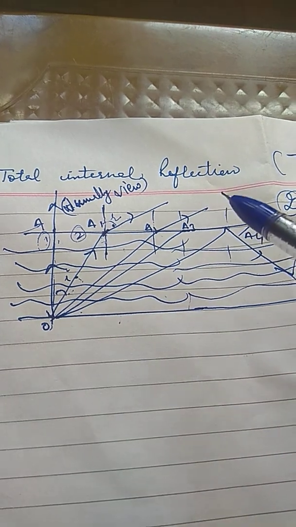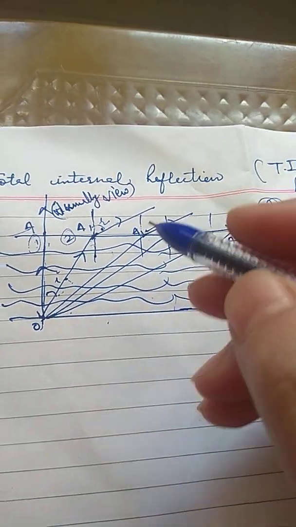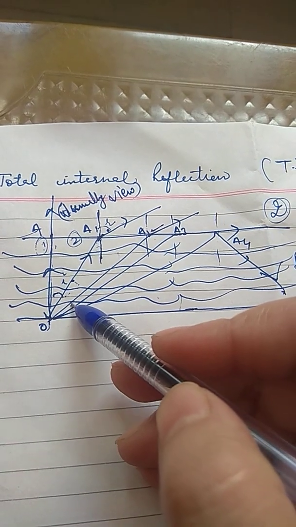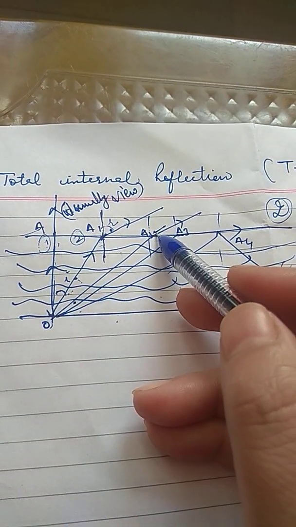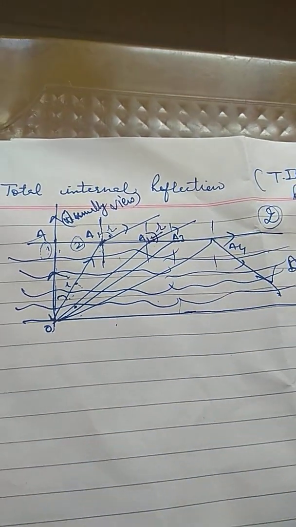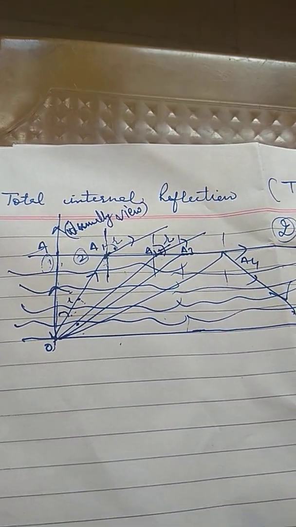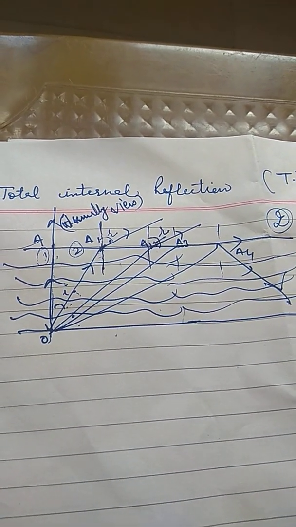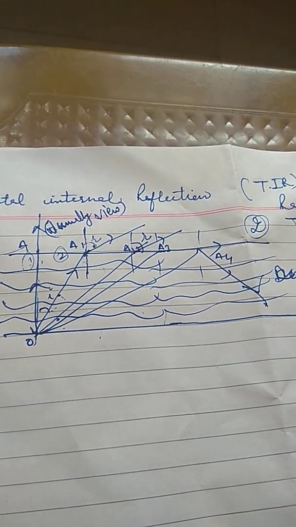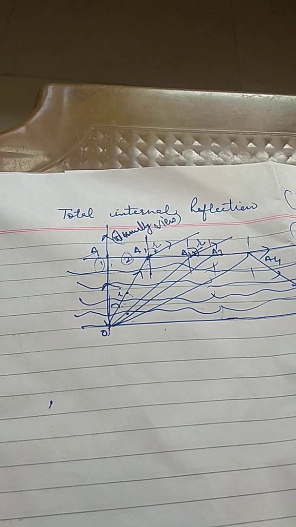And when you increase your angle of incidence, let us suppose this is a point A2, then you see the angle of incidence increases, and the angle of refraction also increases. This is your angle of refraction. Refraction means when light goes from one medium to a second medium, and reflection means after reflection, light is coming toward its same medium. So